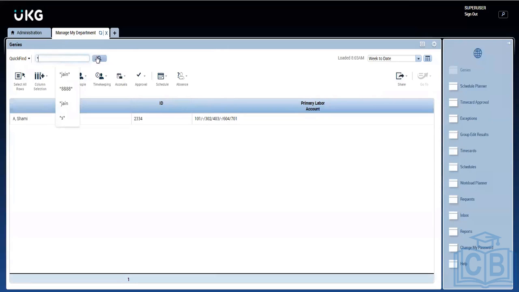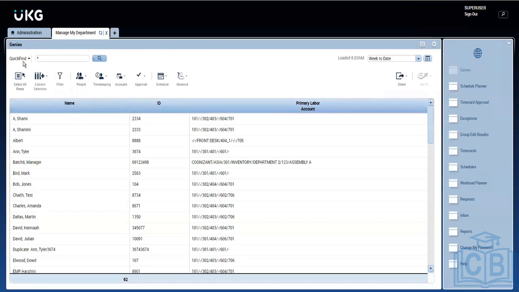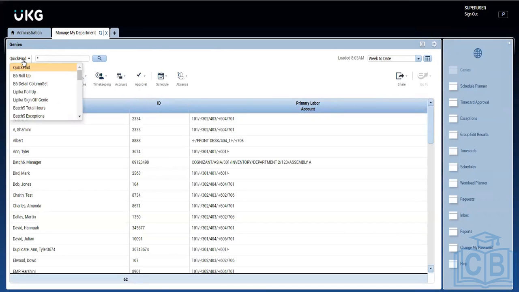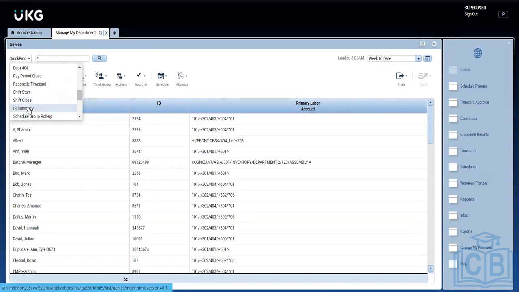Thank you. So today we are going to see that quick find is one of the genies. Similar to that, we have a number of genies here which will give you details of many other items.